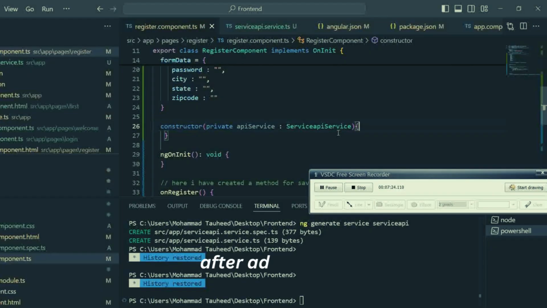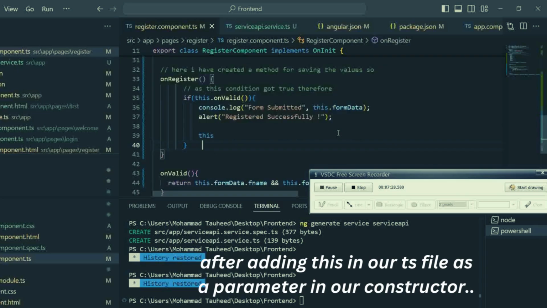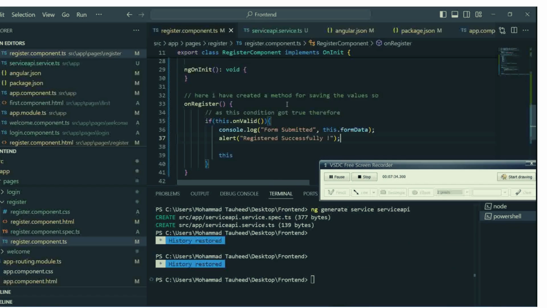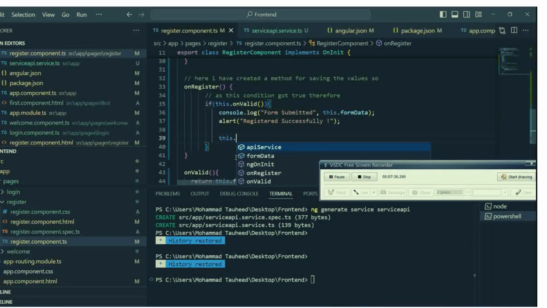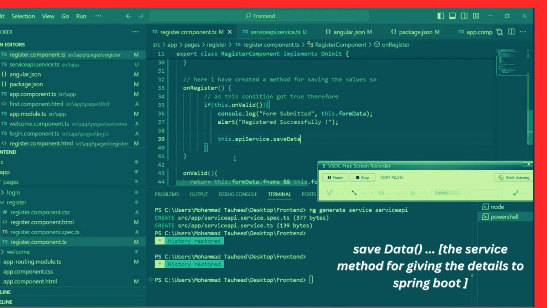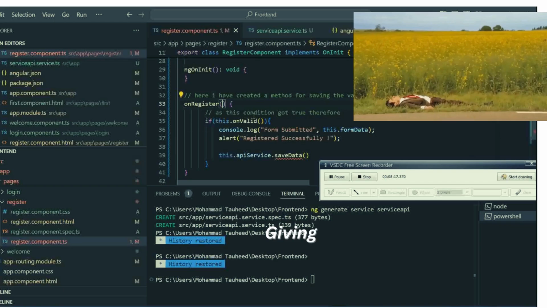Okay. After adding this in as our parameter in constructor, we can use this class in our register.formdata.py. So I will refer to it using this dot API service dot save data. This is our method for adding the particular values in our Spring Boot. Save data, and we have form